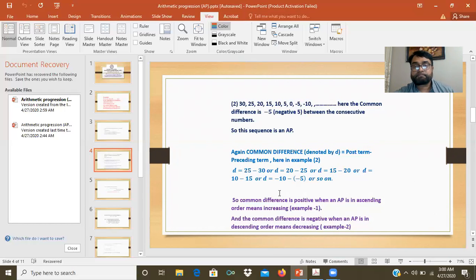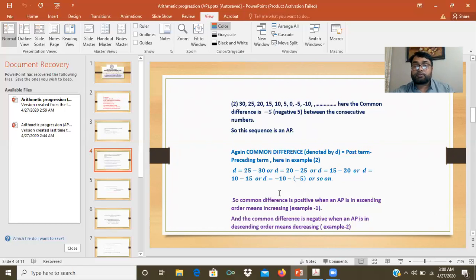So our common difference is coming as, by using the same rule, negative 5. Okay. Here is a phone call actually. I'm sorry for the interruption. Hello? Hello? All right, so